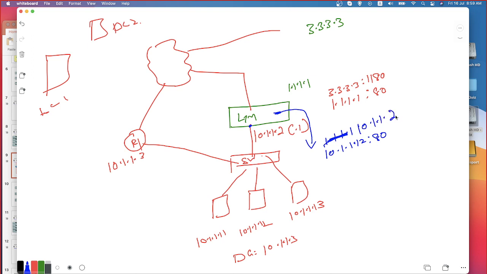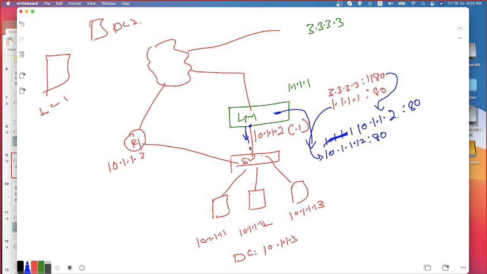We can say that we have an option. We can translate to the source IP, or we can also translate to the interface to which the traffic has been sent. Now, while the traffic is going out via this interface, the destination IP address got translated to 10.1.1.12:80, whereas the source IP address is translated to 10.1.1.2, port number 80.